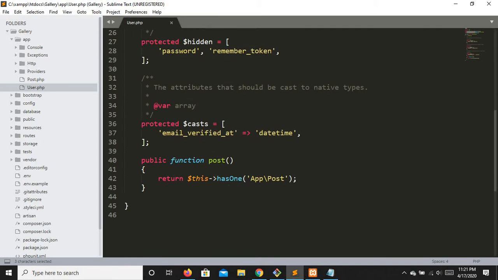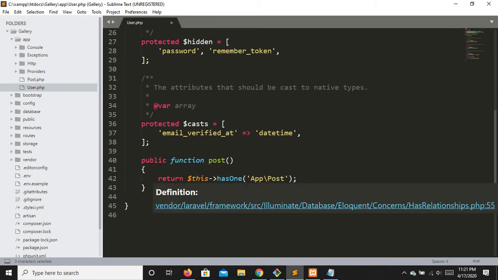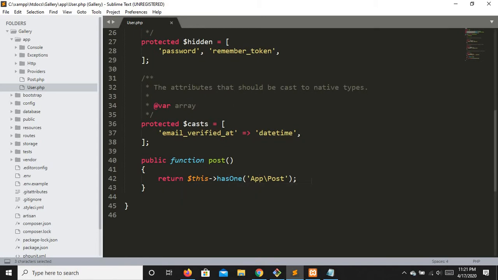Okay, this hasOne denotes a one-to-one relationship. So what we are returning from here is that user has a relationship of hasOne with App Post. That's it. Once again, user has a relationship of hasOne with App Post.